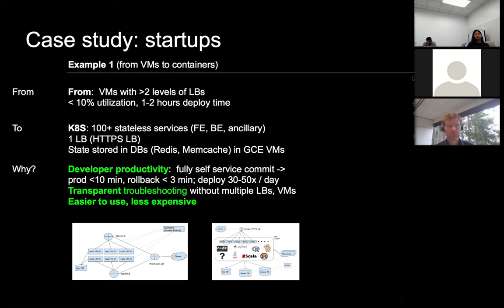They rewrote it with only 1 level of load balancing. And they were able to get a real developer productivity benefit, so that it's less than 10 minutes to fully roll into production, and they can also roll back very quickly. And this is a company that is a public-facing website. That's their main business, and so being able to deploy 30 to 50 times a day is really pretty important